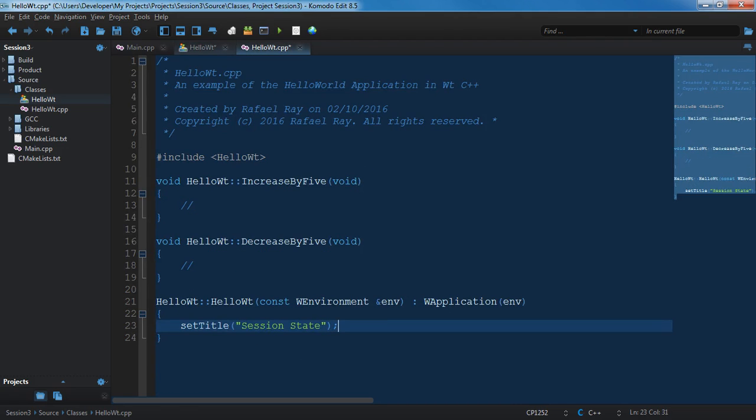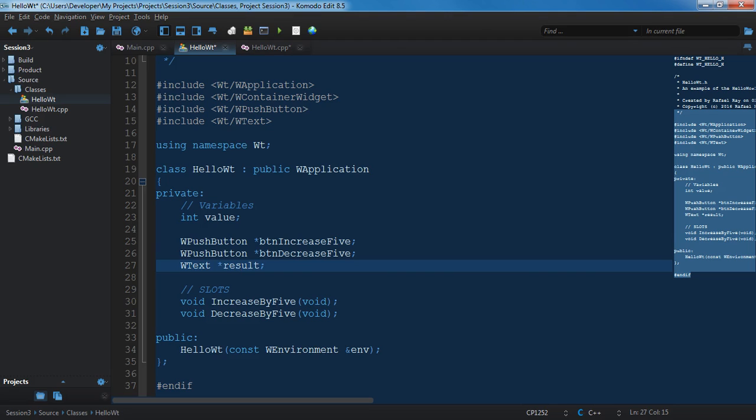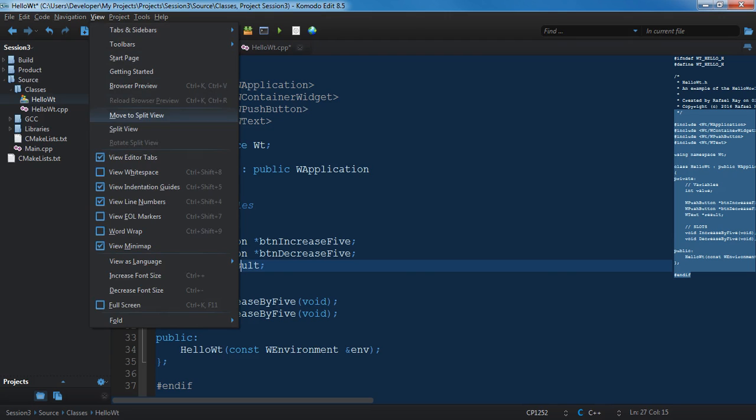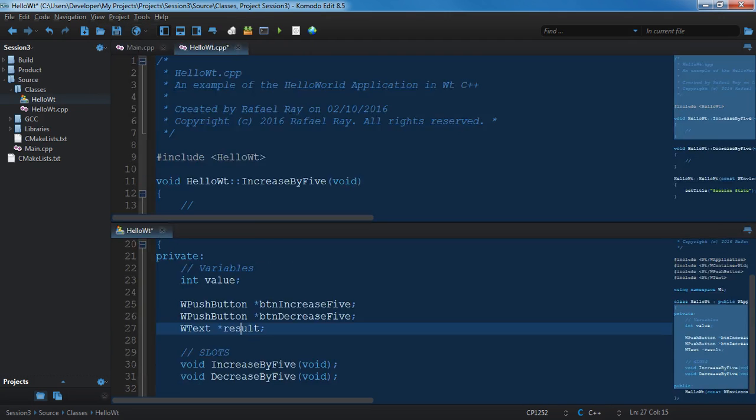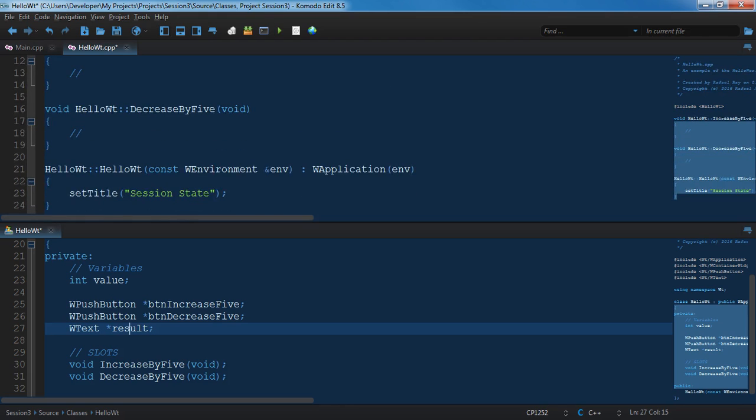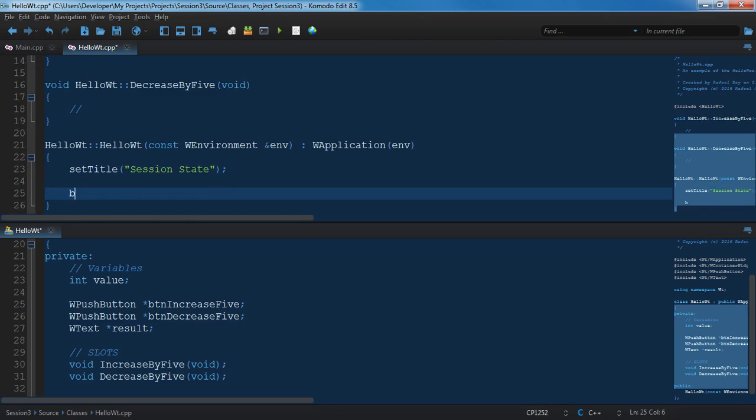So what I want to do is, you can go under the view menu and click on move to split view. That splits the view so you can see both files at the same time. I'm going to go ahead and initialize our buttons. So button increase 5 is going to equal a new push button. Going to call this +5, and we need to add this to our